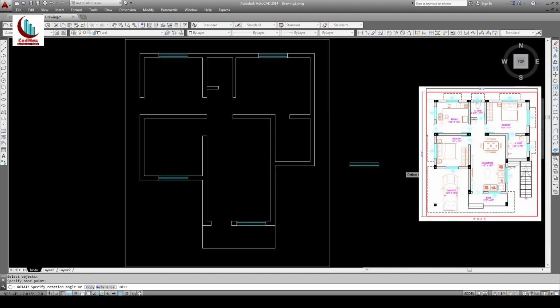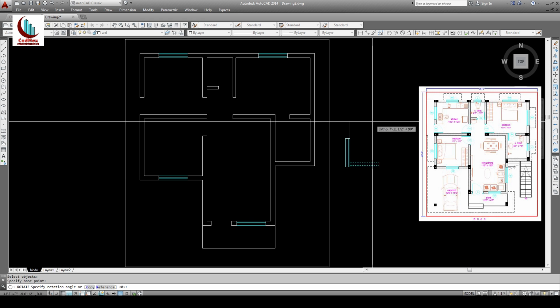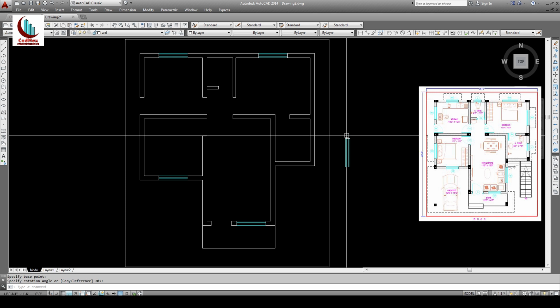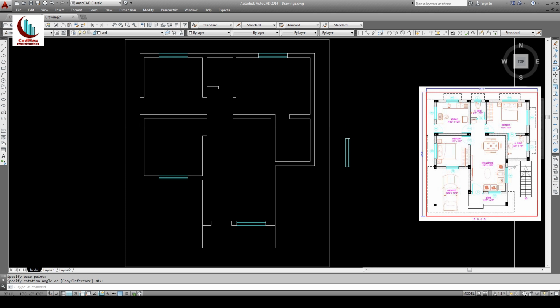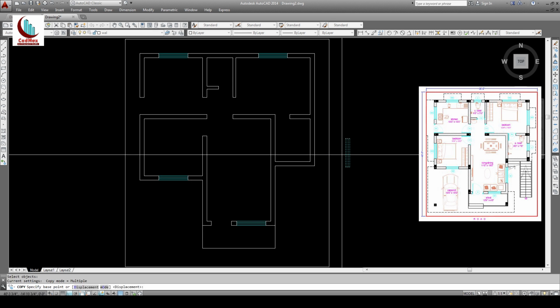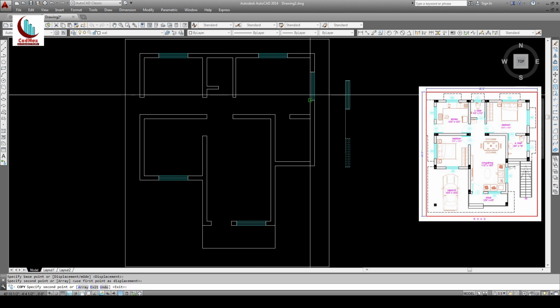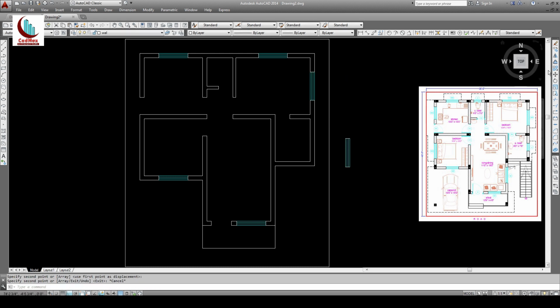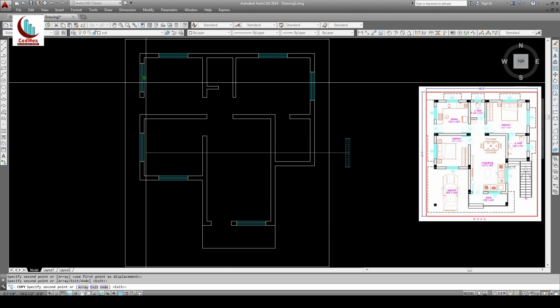It will rotate, now it is in ortho mode, so it will rotate only in 0, 90, 180 like that. So just show the mouse direction, select it, now it is vertical. Okay, copy, select all this, enter, base point, second point. Okay, next copy again,